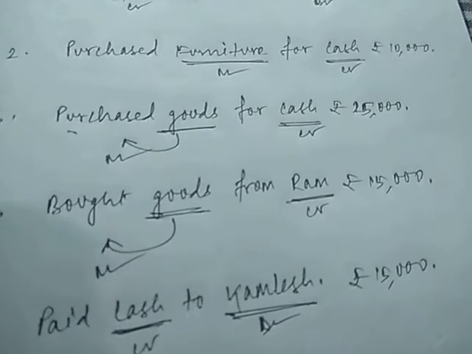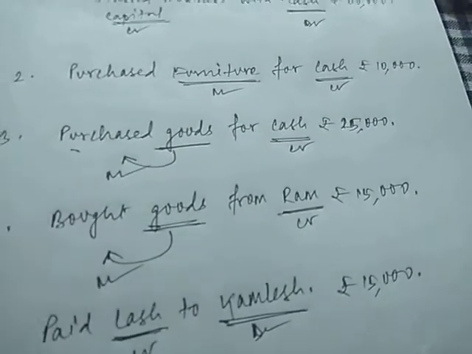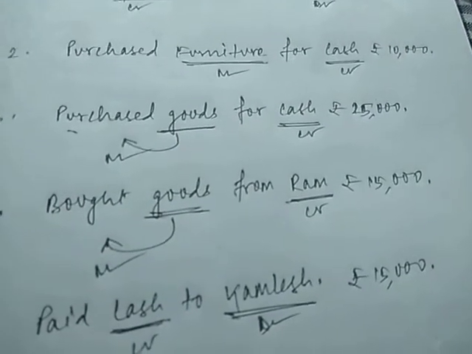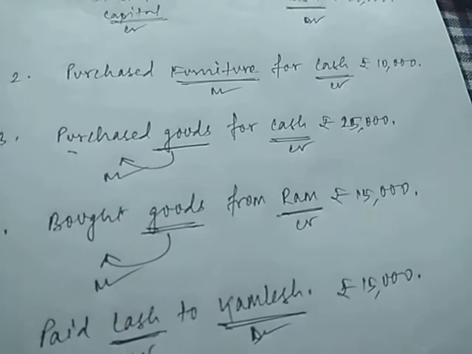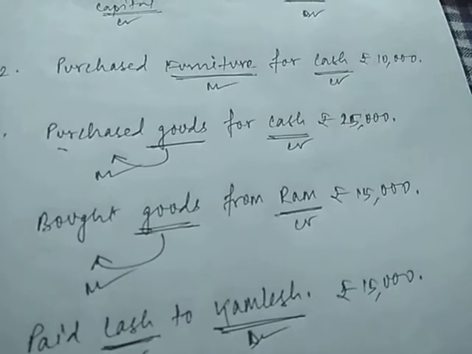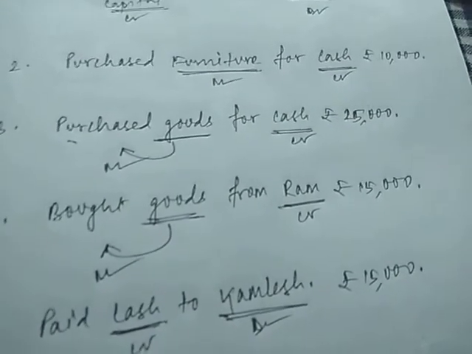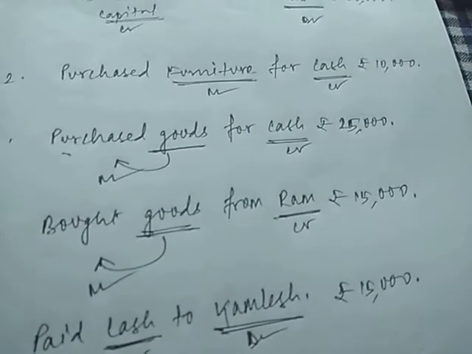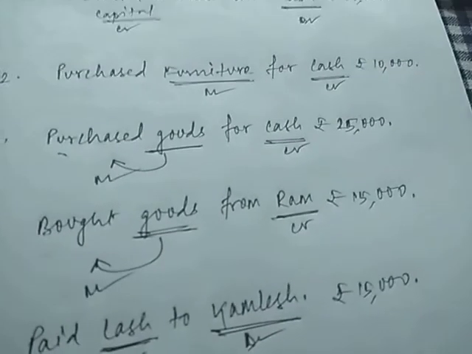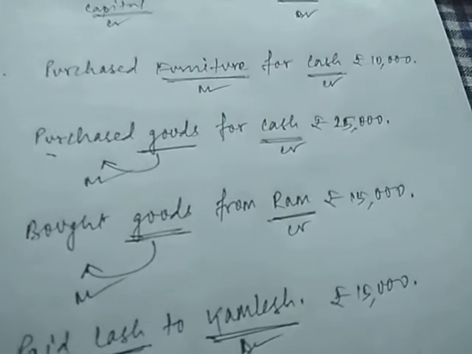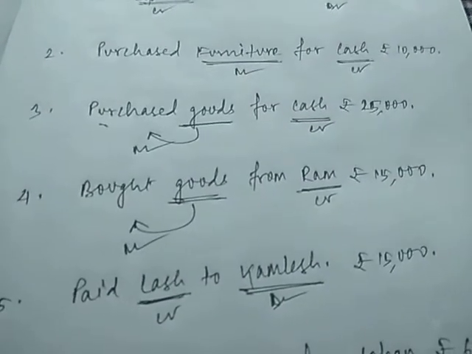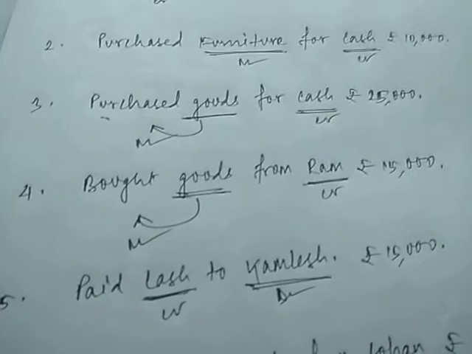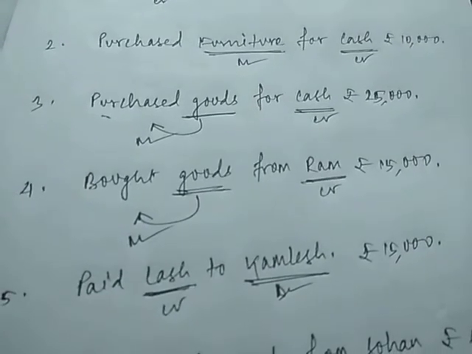But who is the supplier of the goods to us? Ram has supplied the goods to us. Ram is the giver in that case. Ram will be credit. Ram is a personal account, and a personal account will always be credit. On the other hand, if you see it the nominal account way, then also Ram is our liability, we need to pay Ram. Ram is our creditor, so Ram will be credit anyway. But if you see with the personal aspect, Ram has supplied us the goods, Ram has given us the goods, so Ram will be credit.